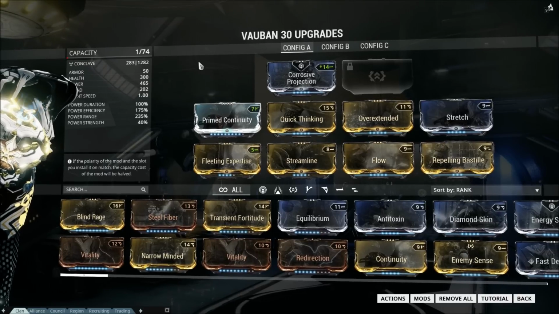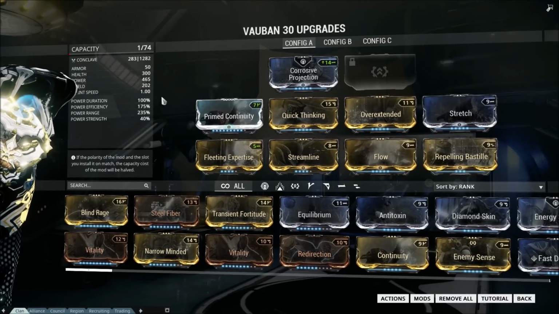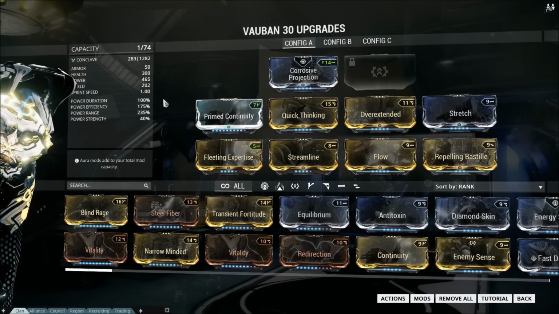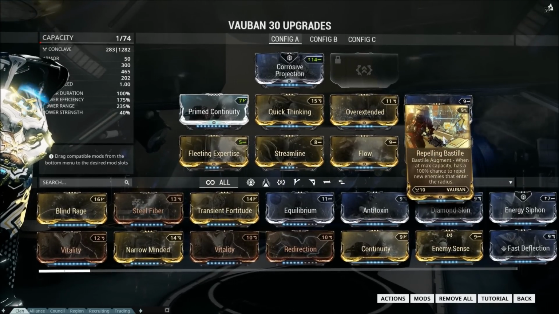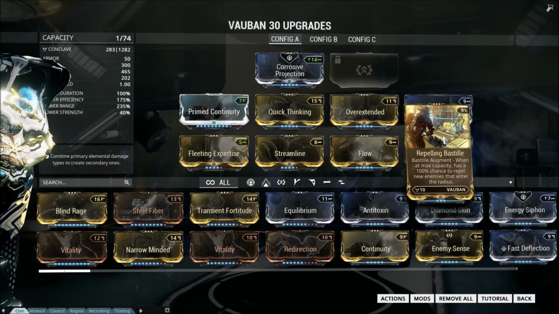Basically, the gist of this is that you have max efficiency, and you have a hilariously large range. So you can just hit 3 and just keep hitting 3 and just throw Bastilles all over the place, and no one can move whatsoever. And the reason that this works is because of Repelling Bastille. This basically makes it so that enemies can't